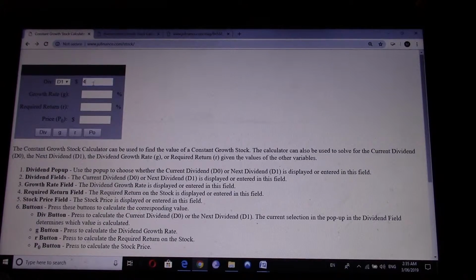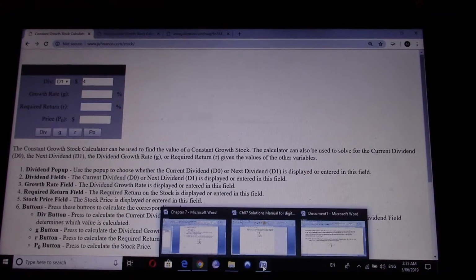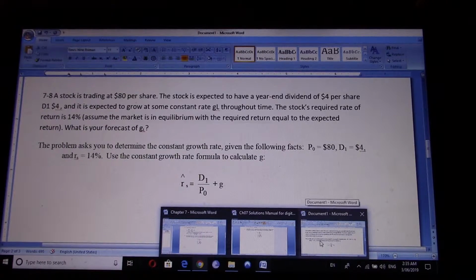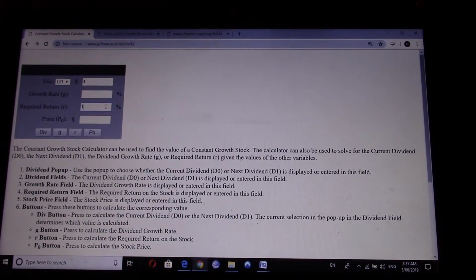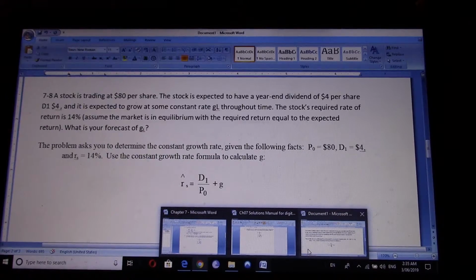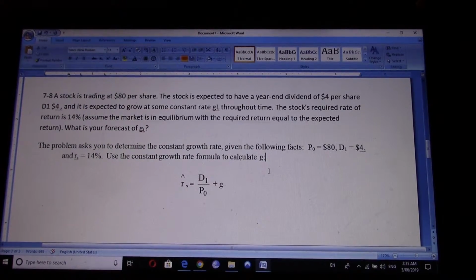$4, growth rate unknown, and required return is 14. So it's 14 here, price is 80. So compute for G, so it should be 9%. You see, if you use this calculator, or to get the equation for G, it's not that difficult because